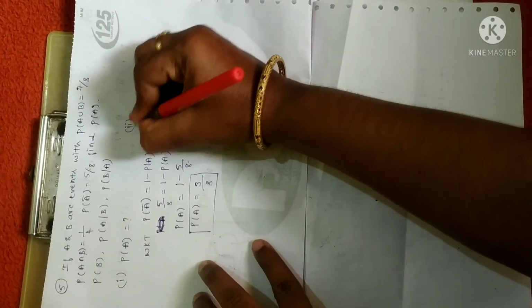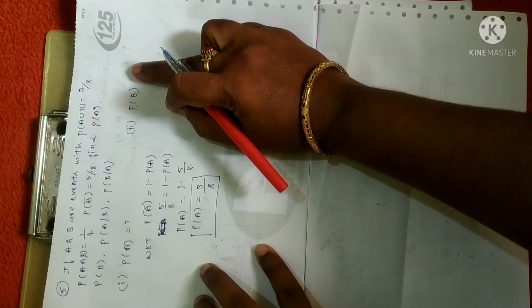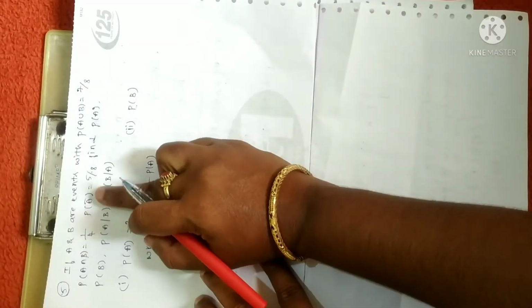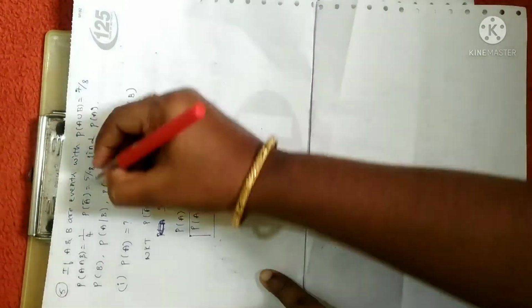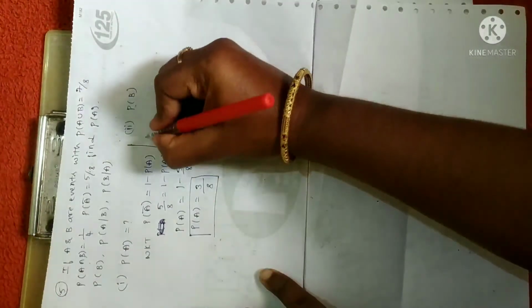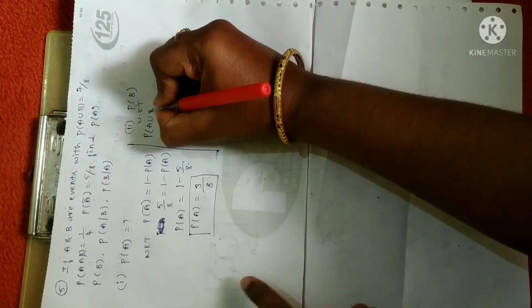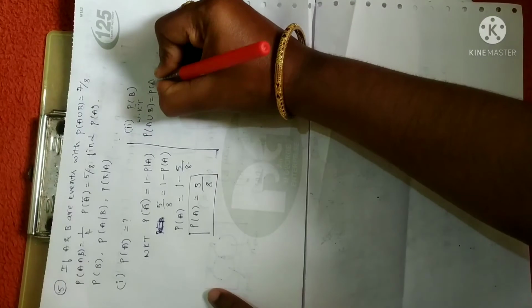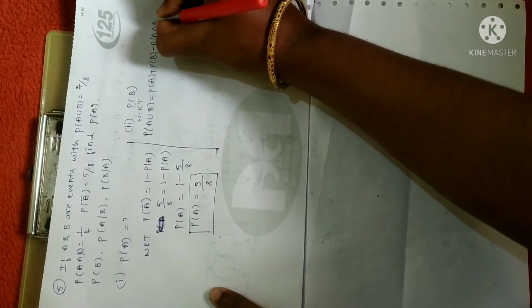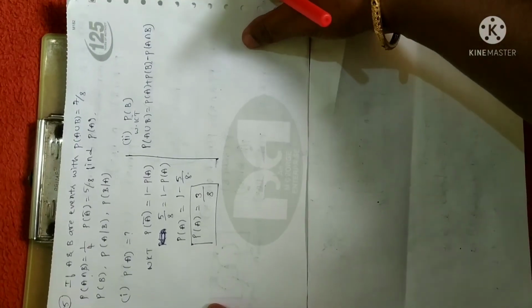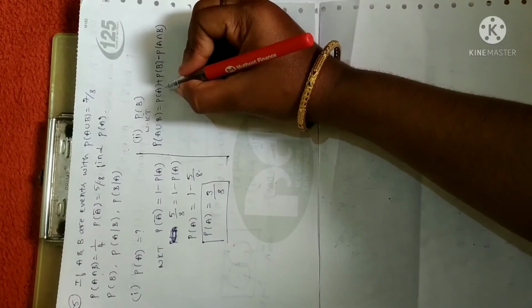The second one is we have to find probability of B. But you can note that to find the probability of B, we don't have the term containing probability of B bar to apply this property. So since we know union and intersection, we know that probability of A union B is equal to probability of A plus probability of B minus probability of A intersection B. We have already used this rule of probability, right?